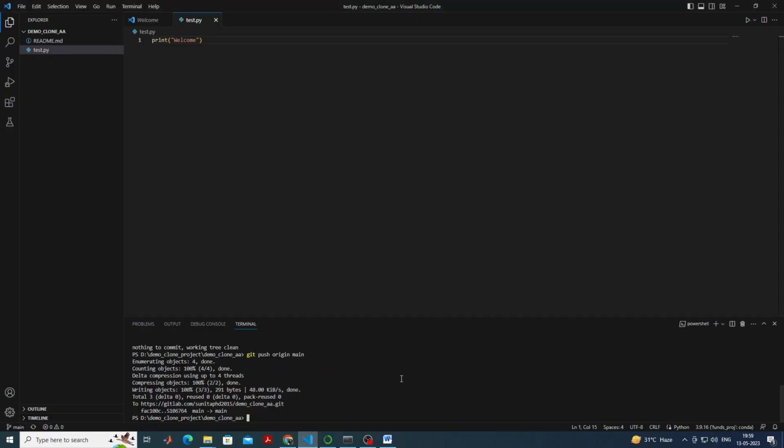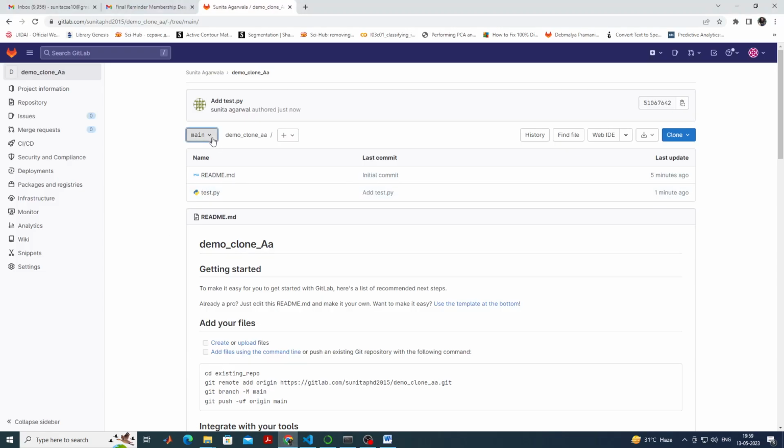So in this way we can connect the local repository to the remote repository. In the next lecture I will cover, just briefly, like here you can see this main. Different types of branches, how to create them, and what the requirements of branches are, I will cover in the next